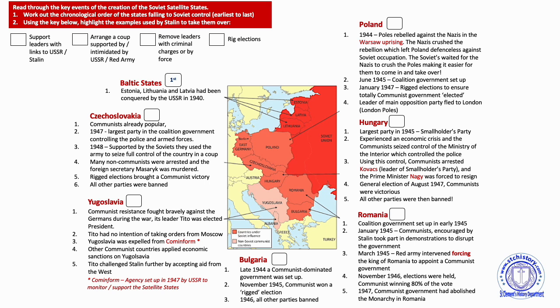Okay, so let's now go on further. You look at this at your leisure, print this or copy this if you want, but this is a much more detailed sort of description of how each country fell. We'll touch on most of them as we go through this lesson, but in one place, that's quite a nice document to look at. All right, so firstly, let's start with Poland.